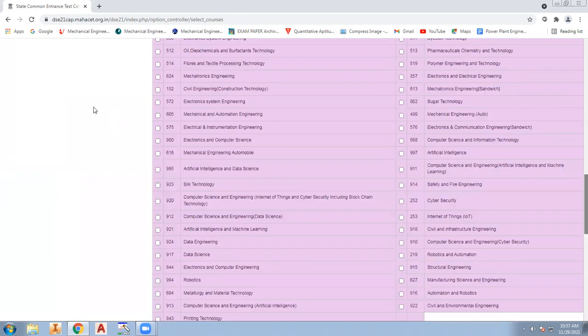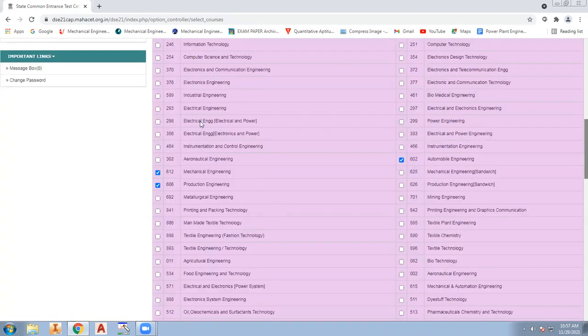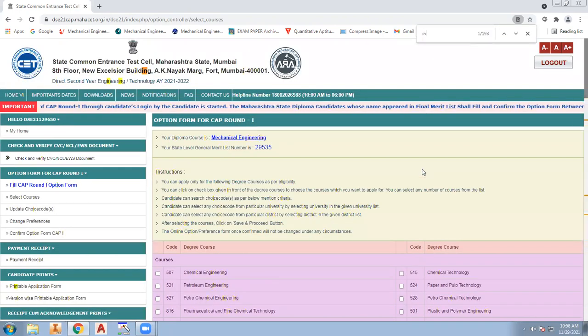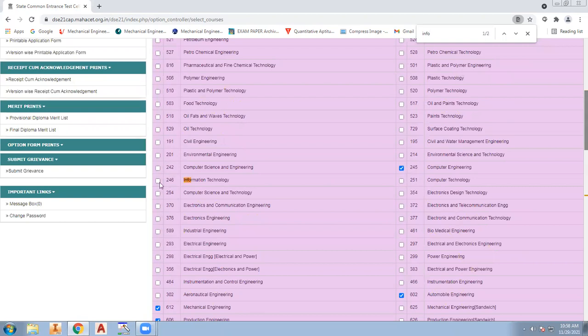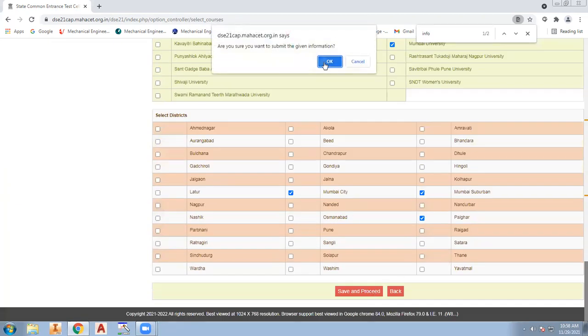Now again, you can select this. If you have changed your mind, that you are looking for admission in computer engineering instead of industrial, let us check computer engineering, and then let us check IT, that is information technology. Then click on Save and Proceed.